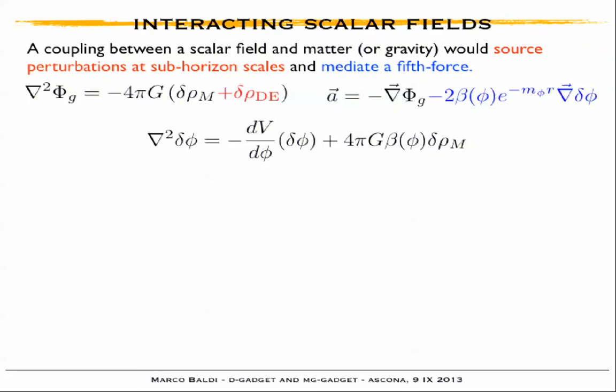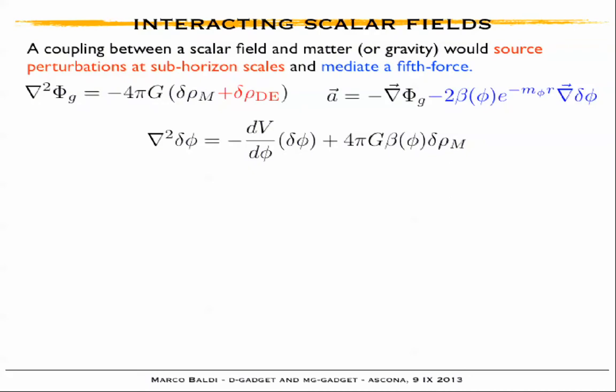Additionally, you will have a fifth force, which is a term of this type in the acceleration equation of particles, driven by a coupling, which can be a constant or a function, and a Yukawa suppression term, which depends on the mass of the scalar and the perturbation of the scalar field itself. Now, the complicated thing is that these perturbations here that determine this fifth force and this additional source term here